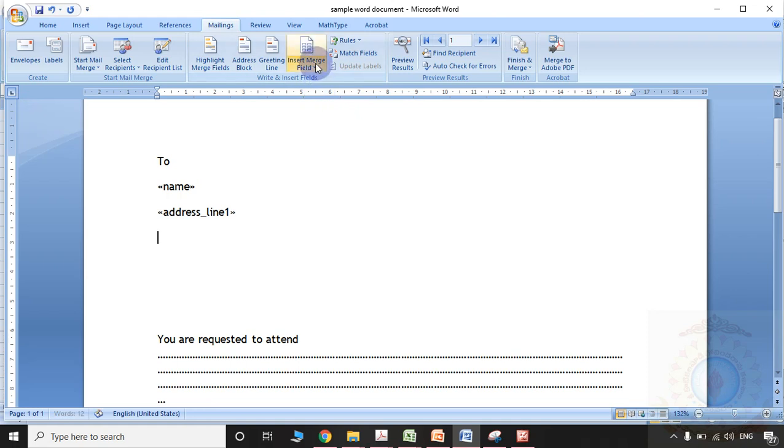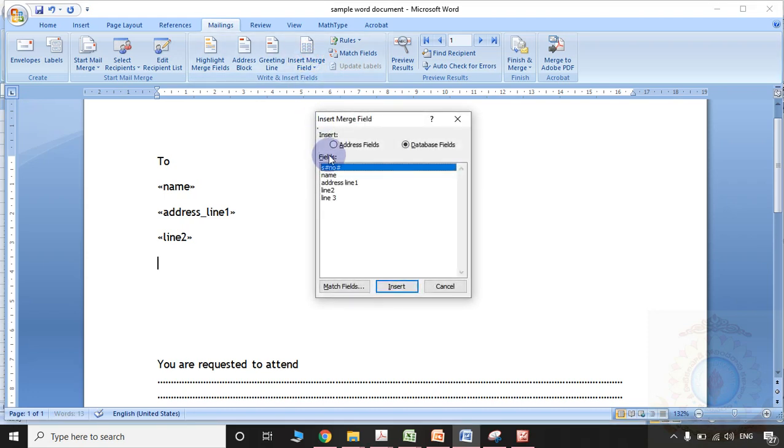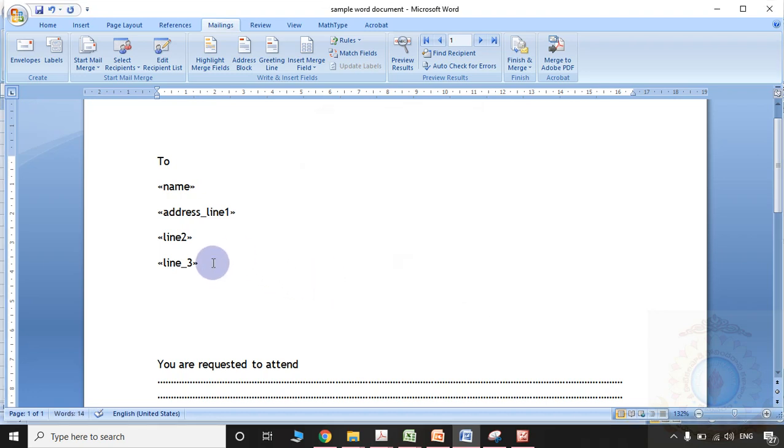Then in the third line, address line 2 I need to insert. Then in the final place, the last line of the address, I need to insert. Here I may show a comma symbol also. Here at last I can show a full stop.